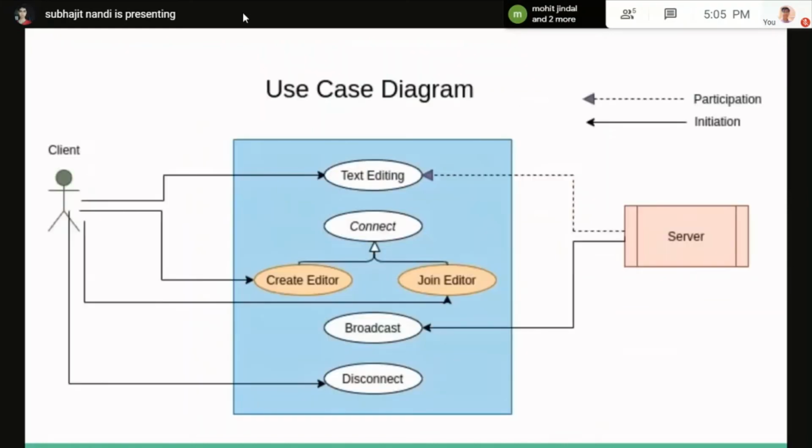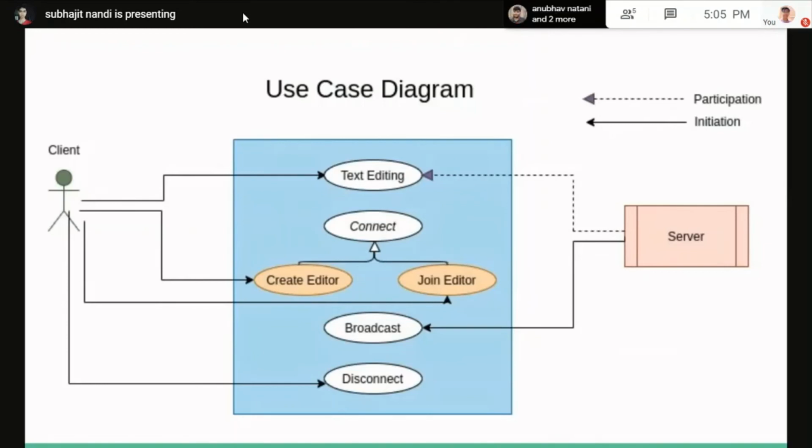This is the use case diagram which we have made and used in our implementation. The user on the client side can edit text. He or she can also create or join an editor.